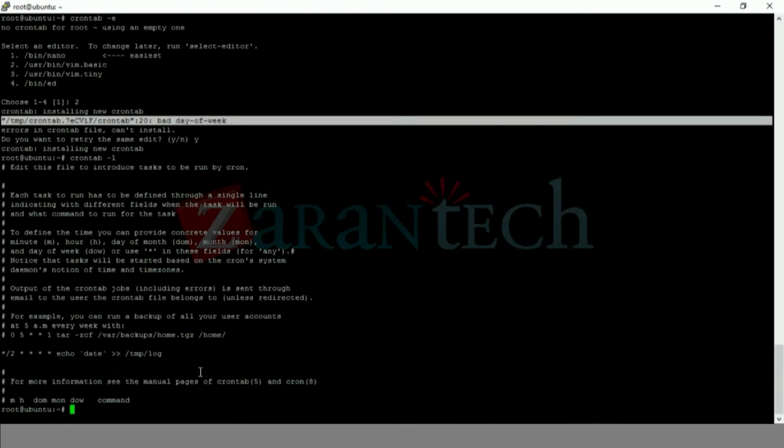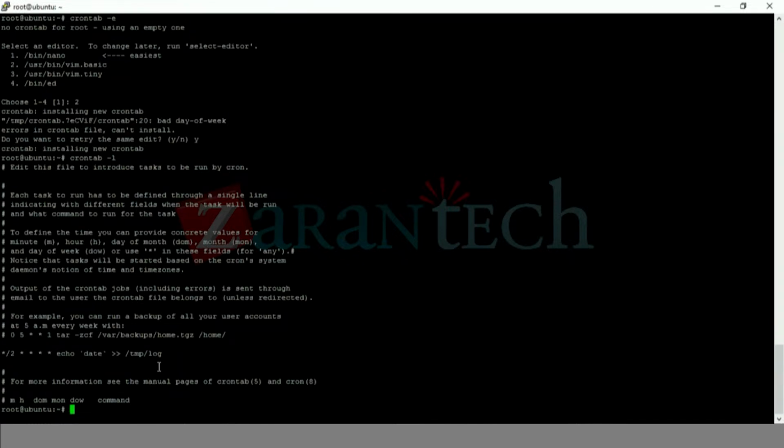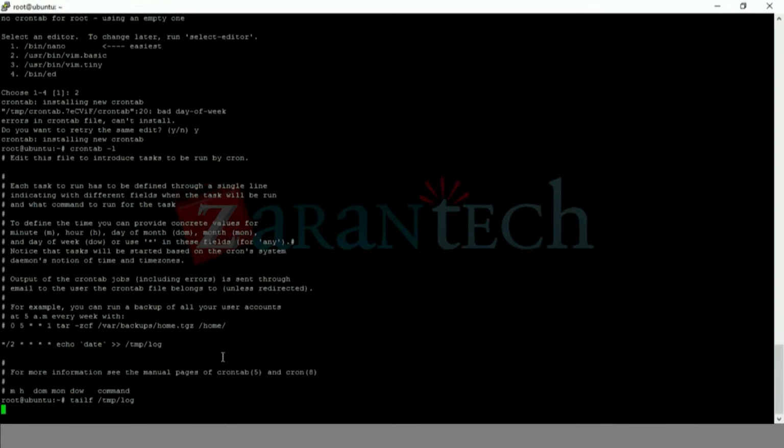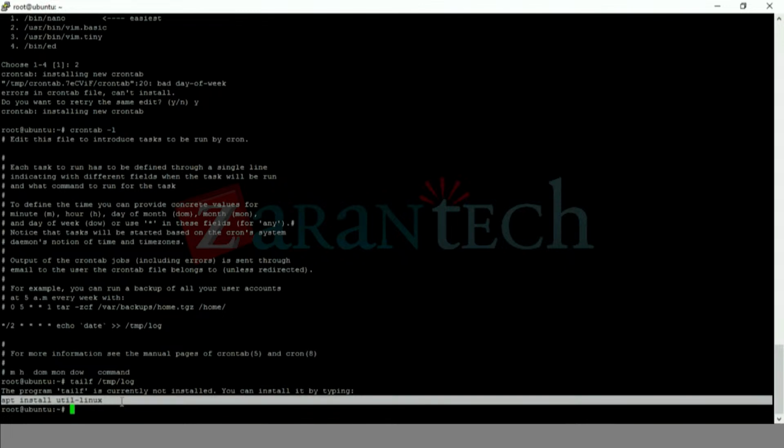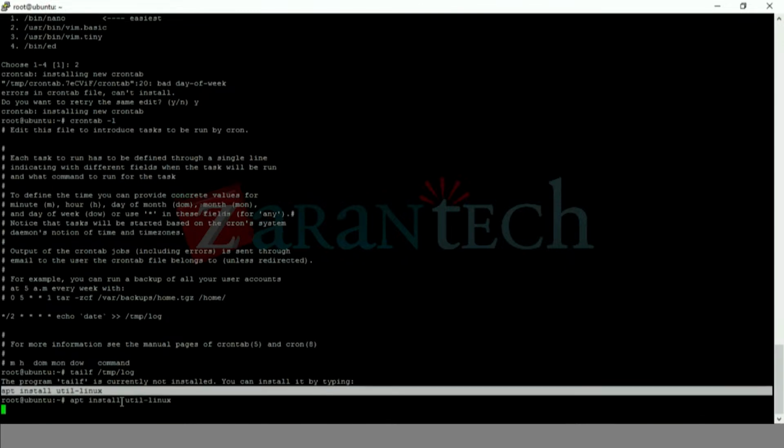If I say crontab -l, it will show me that. Here I can do a tail command. Okay, tailf is a command which will keep on reading the file in an interactive mode. So it says that tailf is not there, so I have to execute it. Now the tailf command is that if you want to read a file, and that file should